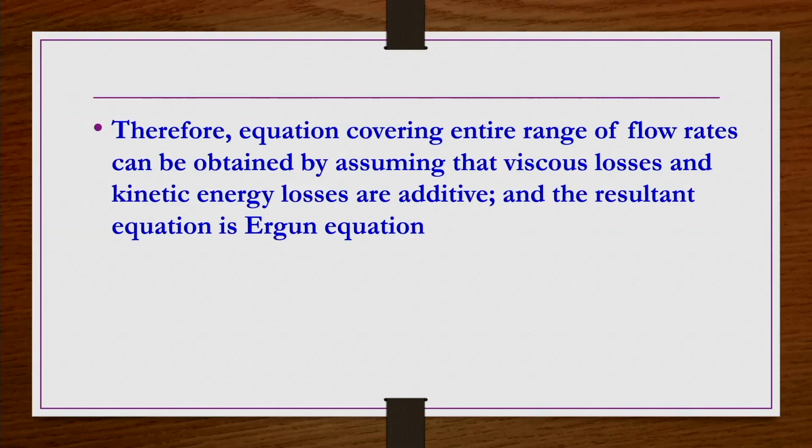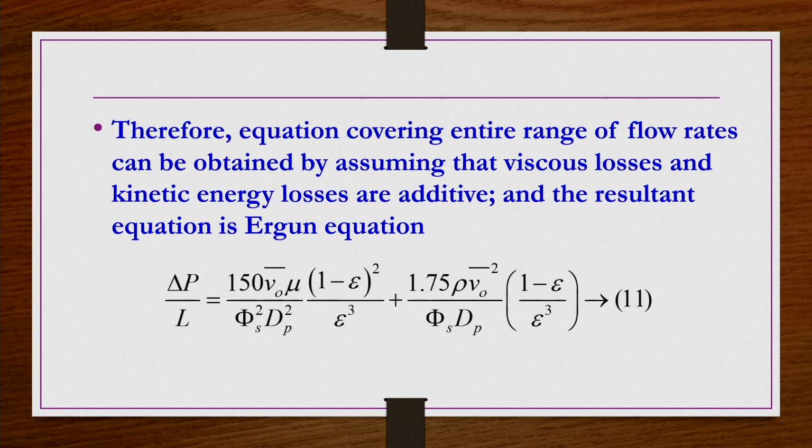So, if you assume that these are additive for the intermediate range, then you will get the pressure drop equation for the entire range of Reynolds number, starting from small Reynolds number to large Reynolds number. Okay. That equation when you add together is known as the Ergun equation, and then we can write it as